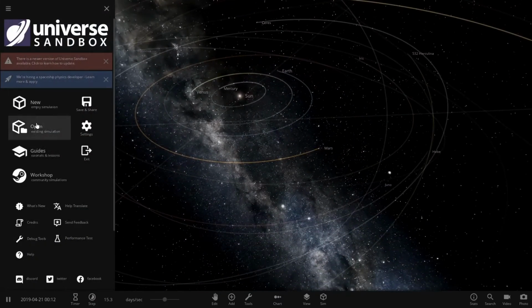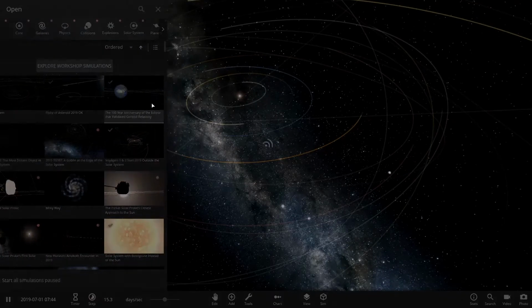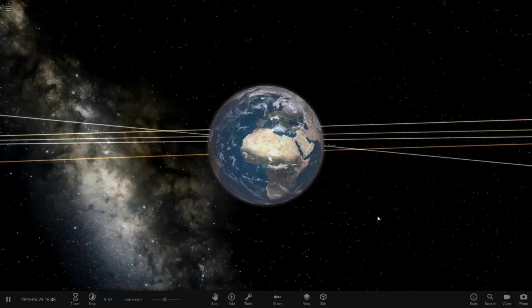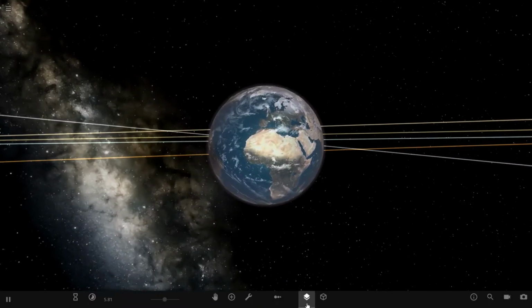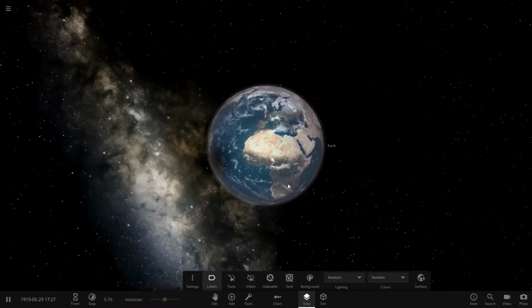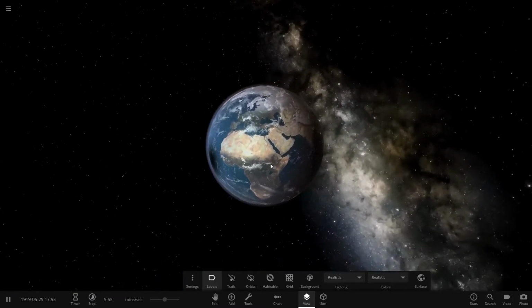So there is an existing simulation in this that will load. The simulation is loading now. Okay, now just switch off the orbits. Now you can see the shadows there. That is actually the shadow of the moon. So if you rotate it,